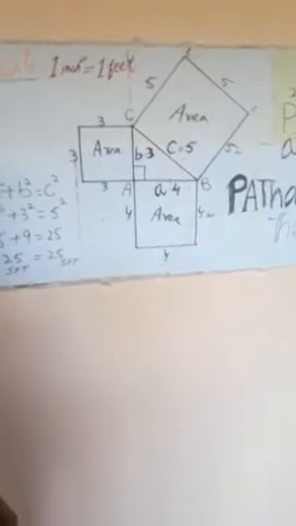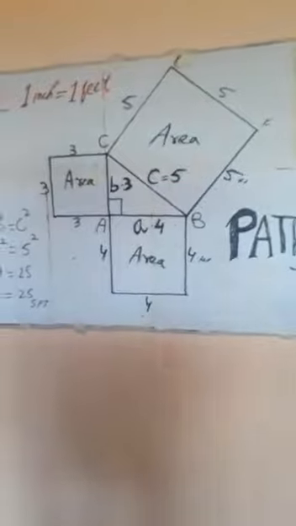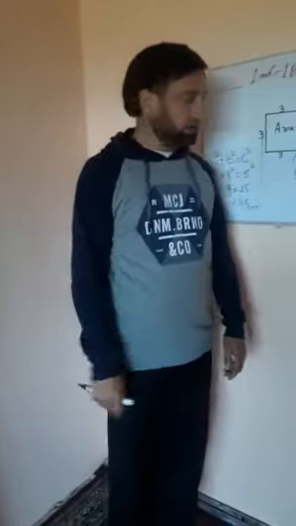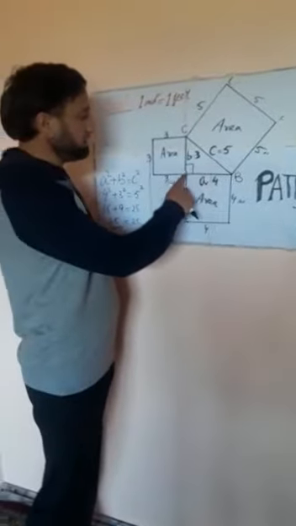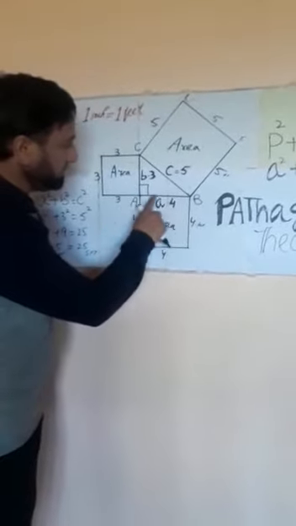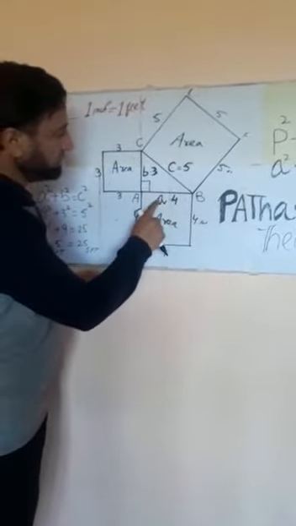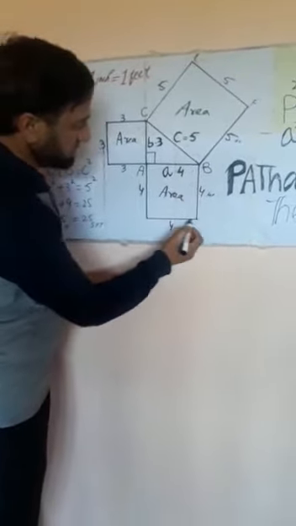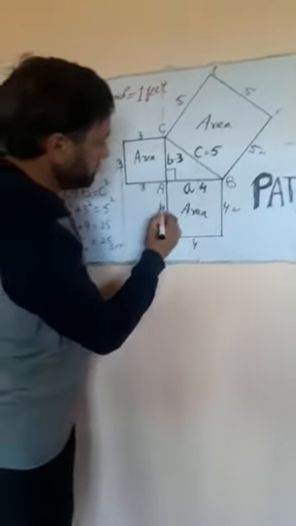Okay, let me try to make you understand logically. Now, first of all, I will give you a brief introduction about square. What is a square? A square is a four-sided figure which has all sides equal and all angles are right angles. We took a square upon this AB. We draw a square upon AB base. AB, you know, is 4 feet. So this side also we draw 4 feet, and this side 4 feet, and this side 4 feet.